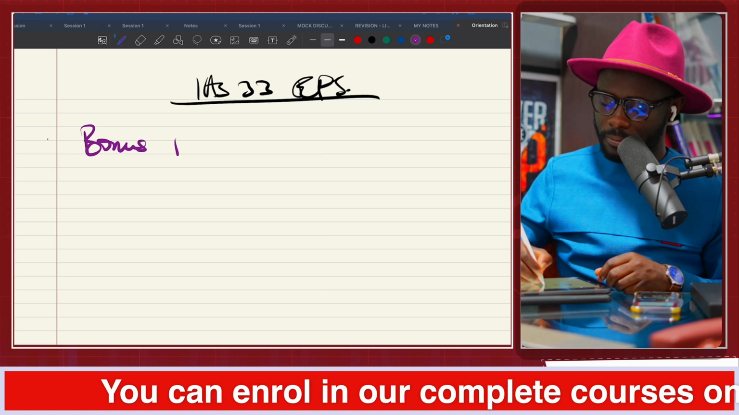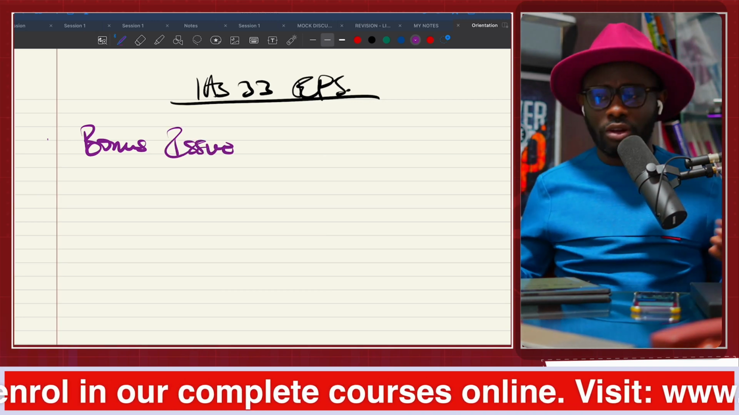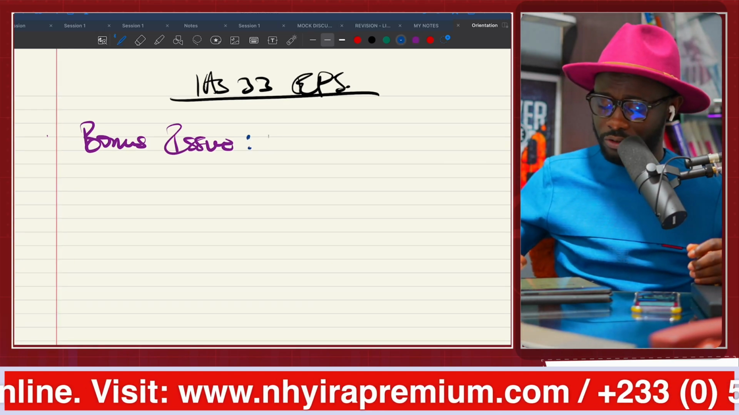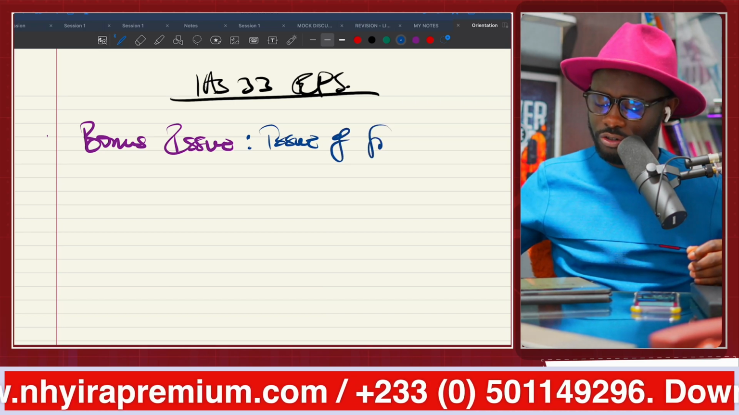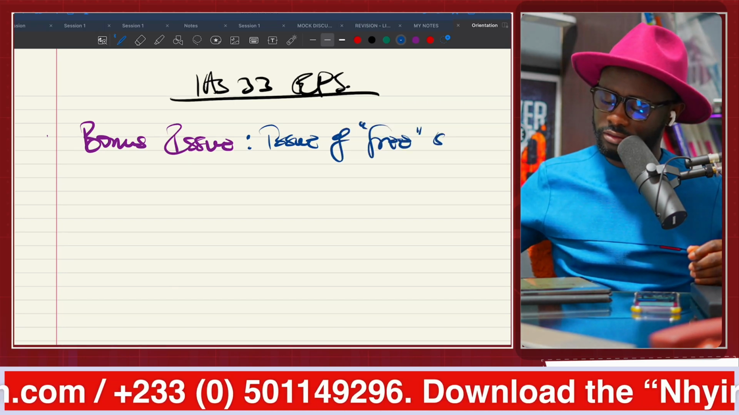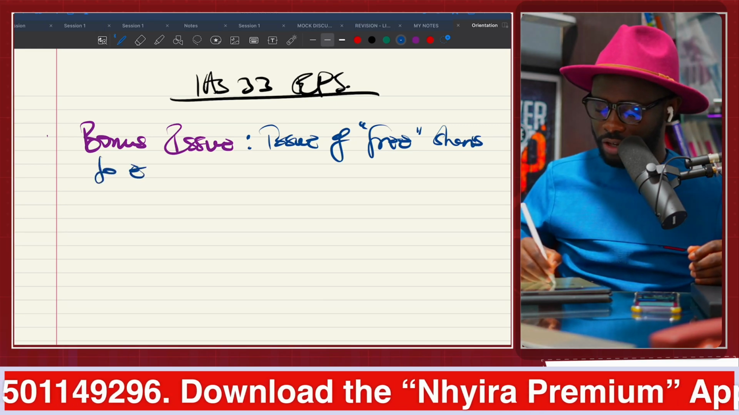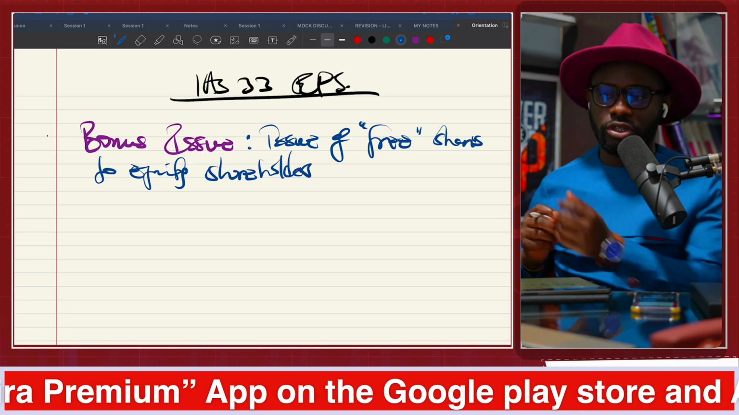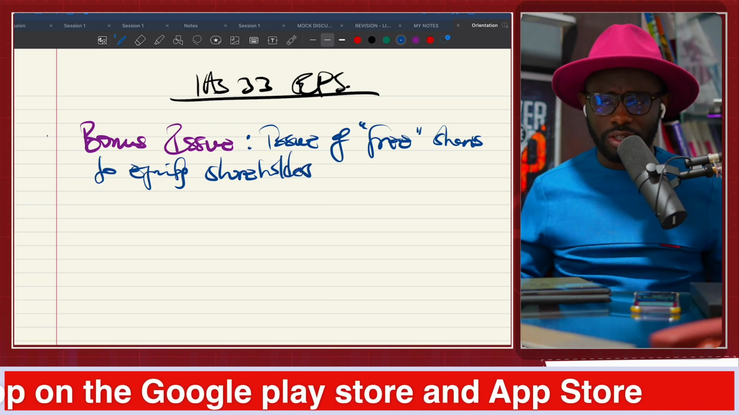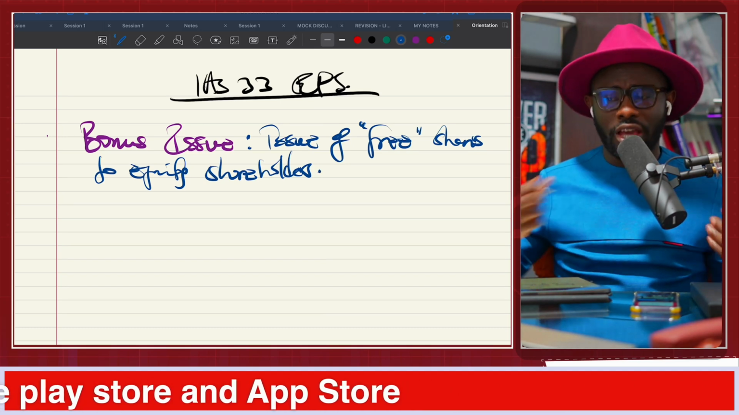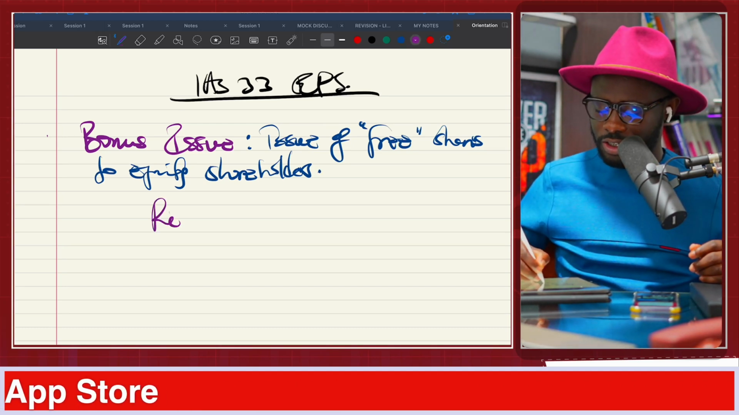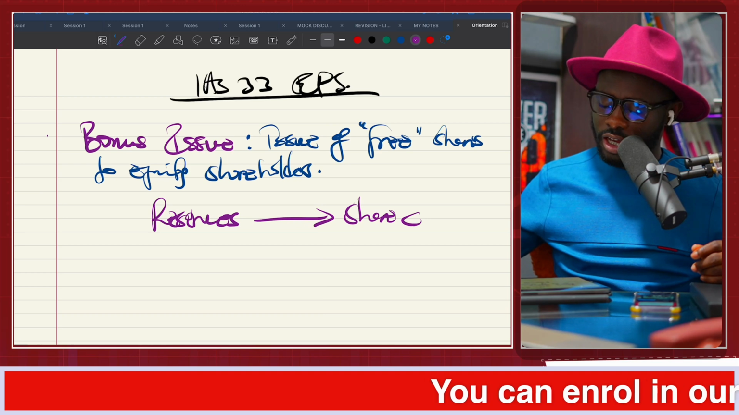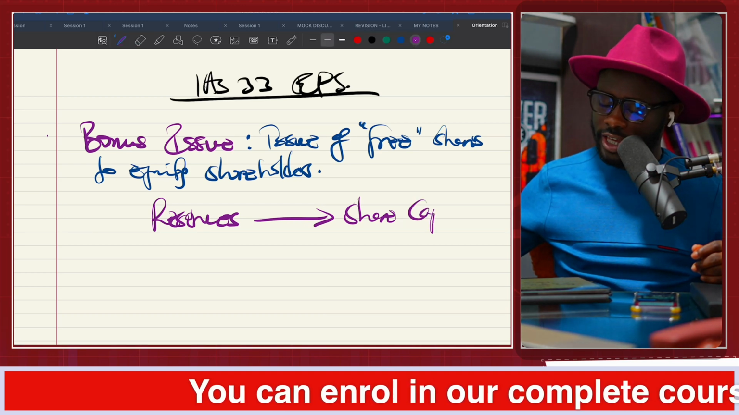So, bonus issue. Now, bonus issue simply refers to the issue of free shares to equity shareholders. That's all. Issue of free shares, technically, to equity shareholders. That's what we mean by bonus issue. So what does that mean in principle or in practice? It means that we are converting reserves into share capital. That's all. Reserves are being converted into share capital, and this is very common when an entity is seeking to